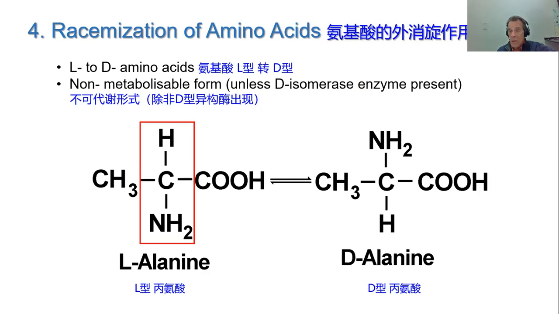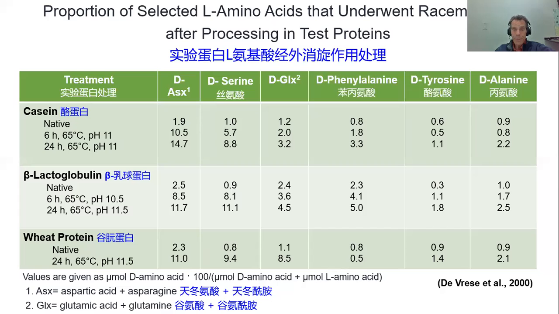D-alanine may be bioavailable or may be less bioavailable. There's not a whole lot of study. We know that D-methionine is as available as L-methionine, so probably D-alanine is still bioavailable, but we're not exactly sure. You have to have a D-isomerase for that specific amino acid to be present in order for the animal to utilize it. The importance of racemization of amino acids on the impact of nutritional value is unquantified, not very well studied so far. But it is something that occurs.